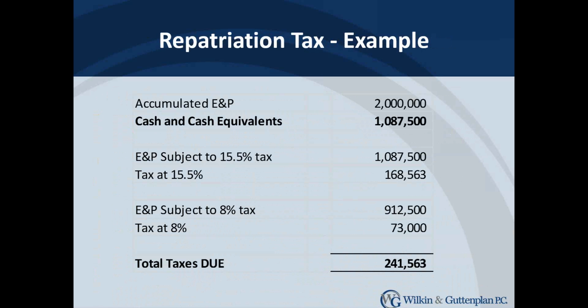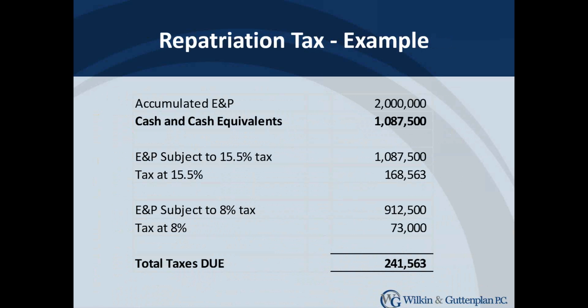So it's a concern in my mind that some of the states could say, well, we don't have a deferral mechanism like that for tax, but we are going to follow the federal system for the income, and therefore you owe this all with your 2017 return. I hope I'm wrong. I hope you're wrong too, but if you look at the numbers, this $241,000 is a blended rate between the 15.5 and 8. If you're in New Jersey or any other of the coastal states, you're looking at about 8 or 9% on $2 million worth of income. So you'll easily get to this $250,000, if not more.